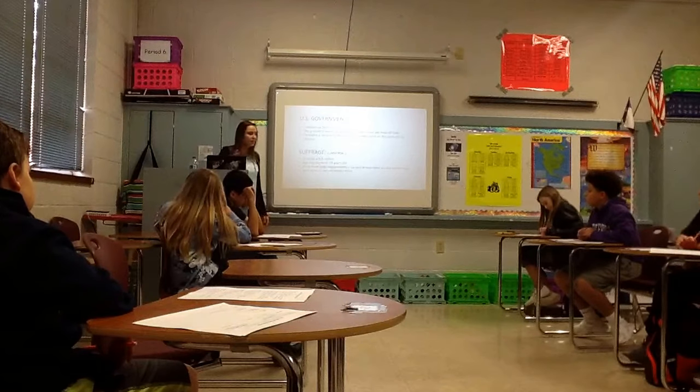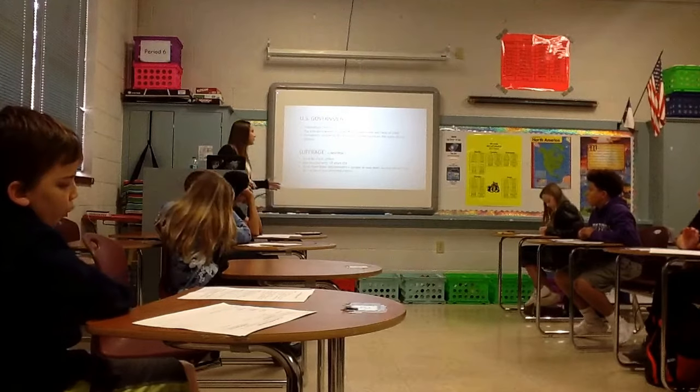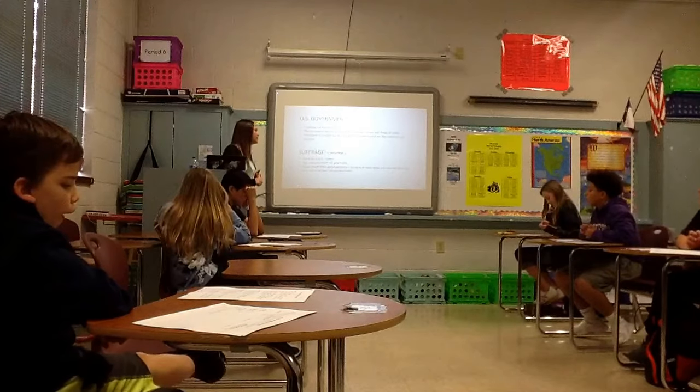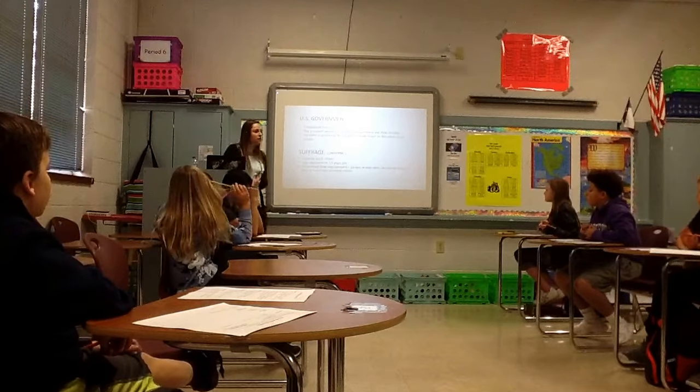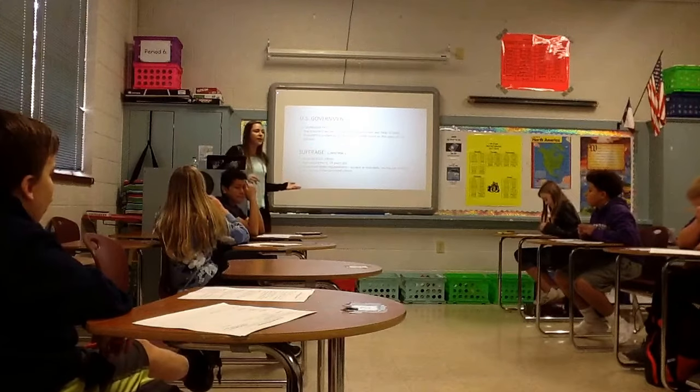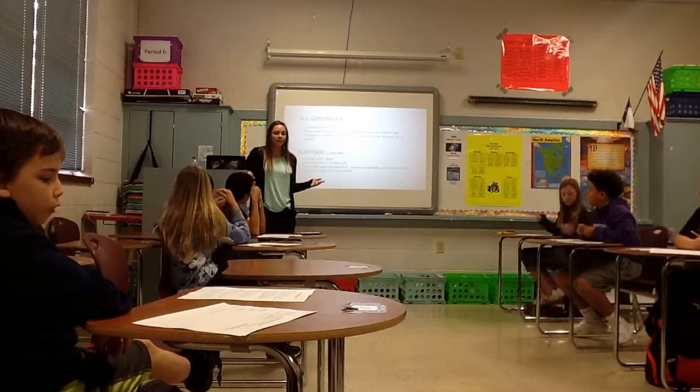Okay, so suffrage, which is voting, we run off a universal system of that. You must be a U.S. citizen, and then the age requirement is 18 years old, but you also must meet the state requirements. So for example, in most states like Texas, you can't vote if you're a committed felon.